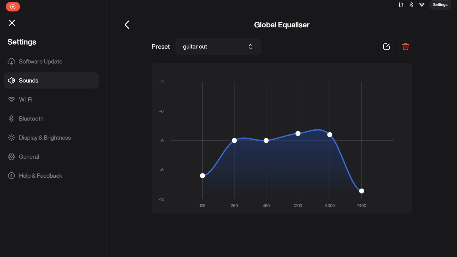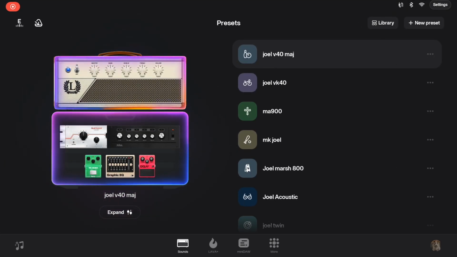But what happens if I do that is this EQ affects everything. So now my cymbals are not going to be as bright. The improv tracks, or if you're recording into your DAW, not going to be as bright. So I probably want to just leave that flat. Again, that's my personal taste. So if I go back into my rig,